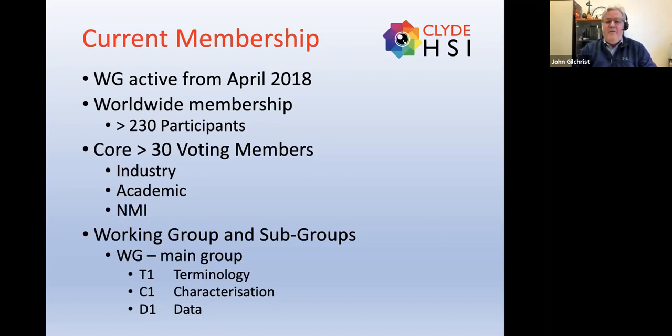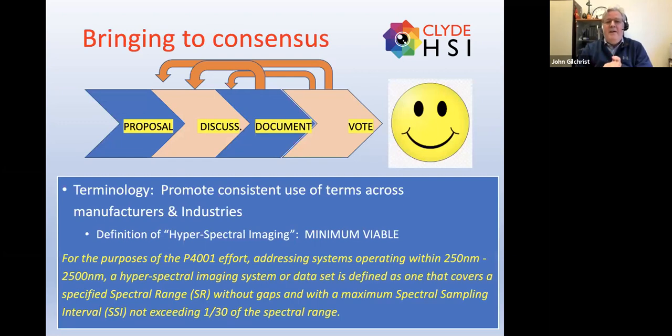Each group is in fact fully interactive with each other. It has to be. For example, characterization, if we talk about coregistration or spatial-spectral values, there are words which describe all of this. And we have to have a common language, and that common language has to be written down and agreed upon. All of this then requires us to try and bring a consensus to the party. And I really mean party. It is a super exciting thing. You'll see in a moment. We have to bring consensus.